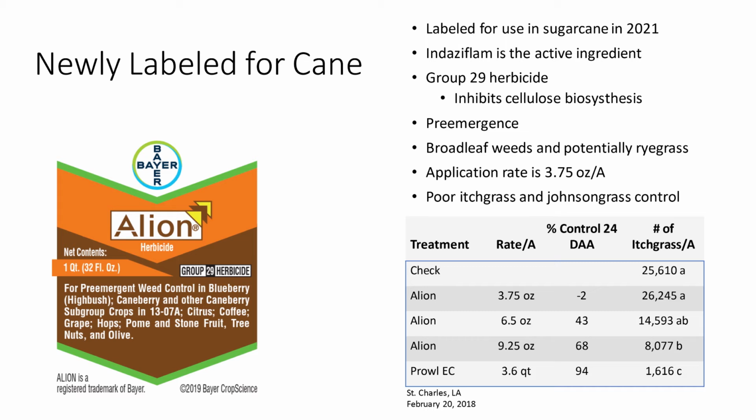I was picking up chemical on New Roads, and he said, "Al, you know Alion's labeled." I was like, no, Barrett said they weren't pursuing this product anymore when we've looked at it. He said, "I'm pretty sure it's labeled." So I called Mike Retledger up on the phone and said, "Mike, what gives with this?" He said, "Well, they went against my advice, and Bayer decided to label this." I said,